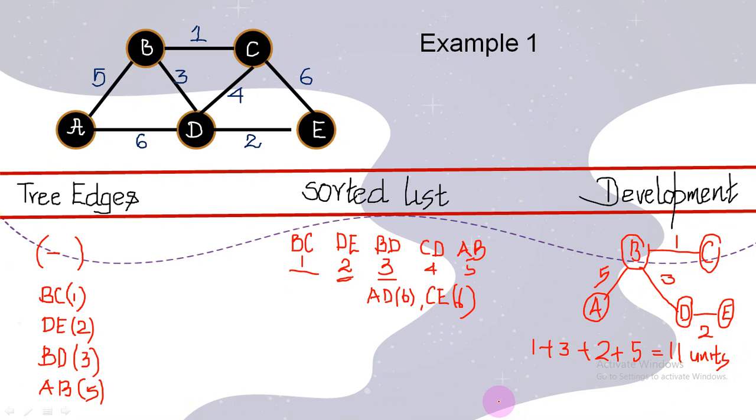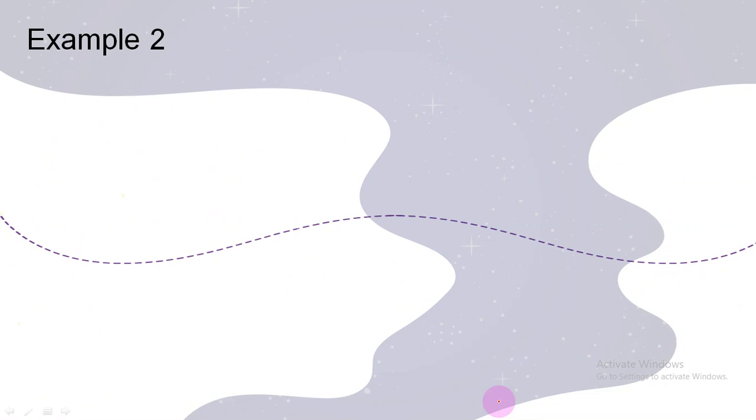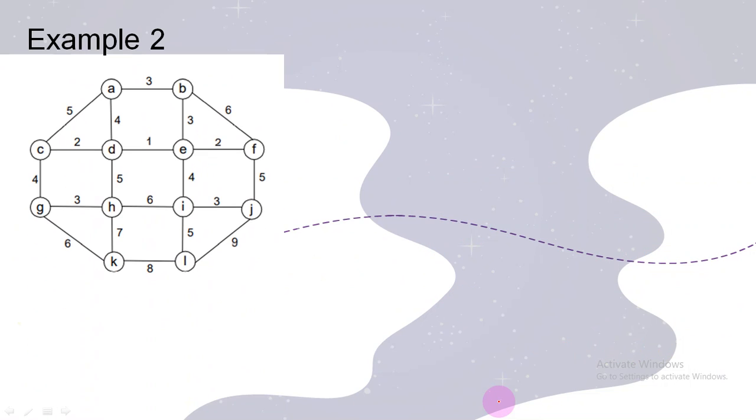Keeping this in mind, we'll solve yet another example. Of course, it's a big graph. Anyway, I have not chosen to write the table again. It becomes primitive. My respected viewers will definitely construct a table and do the iterations in an iterative fashion. Of course, this algorithm needs v minus 1 iterations, where v is the cardinality of the vertex